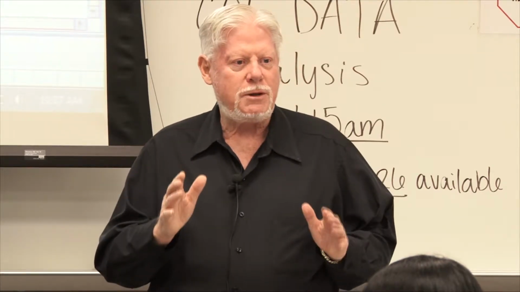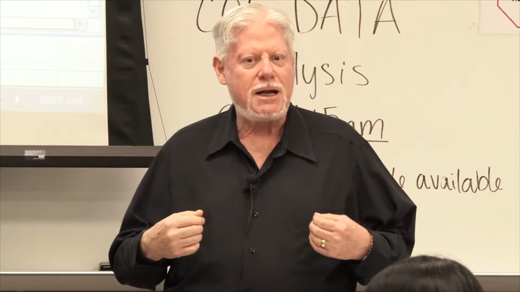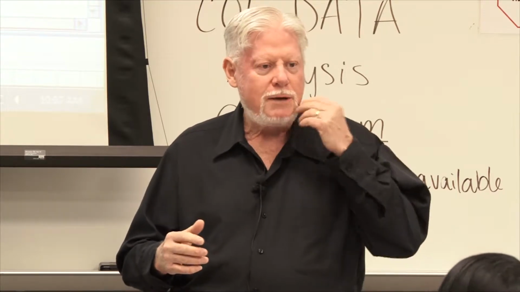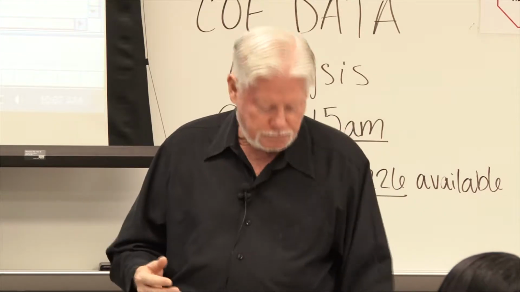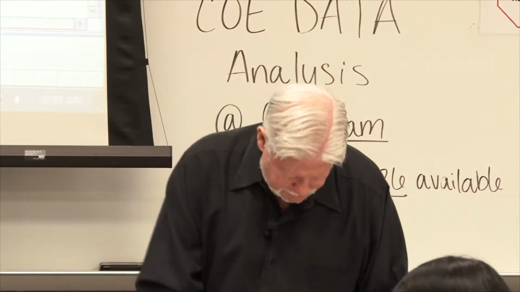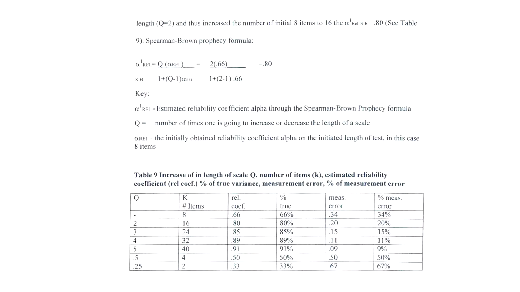Now, you remember last week, the reason I'm pointing this out is somebody asked me about, are there any formulas for estimating how many items you need to have a certain reliability coefficient? So if we turn over to page 65, there's something called Spearman-Brown's prophecy formula. Okay, and with their formula, you can see here at the top, Q is the number of times you've increased the length, because given everything else equal,